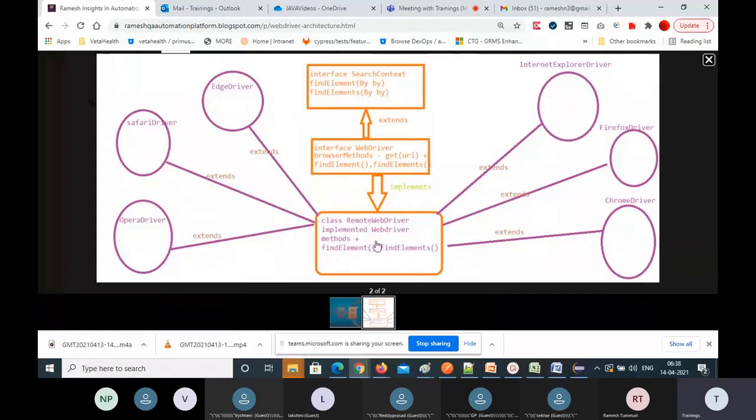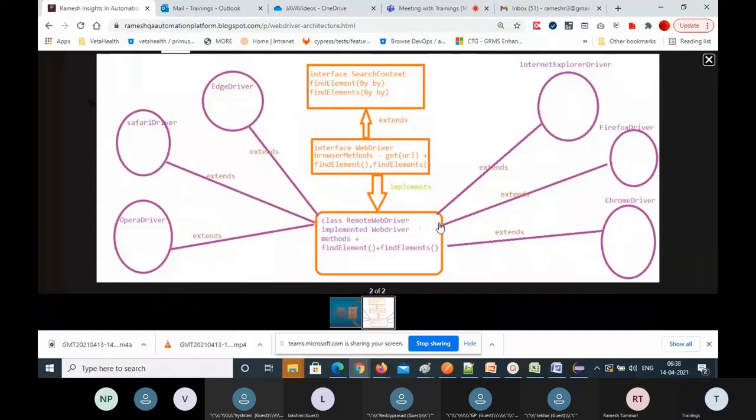Now this RemoteWebDriver is extended by ChromeDriver, FirefoxDriver, InternetExplorerDriver, EdgeDriver, SafariDriver, OperaDriver. Like that, all browser classes extend this RemoteWebDriver class.